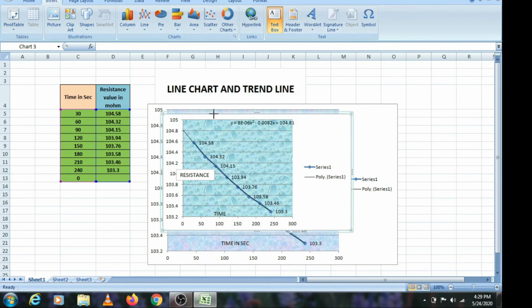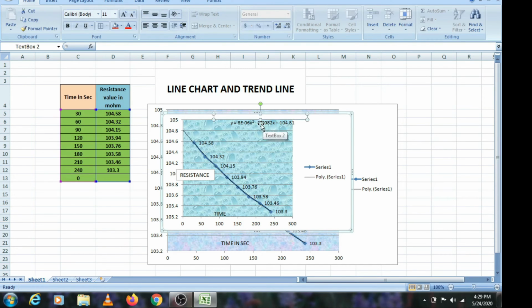Suppose if you give the name of the chart, you can give it from here. The chart is time versus resistance curve.